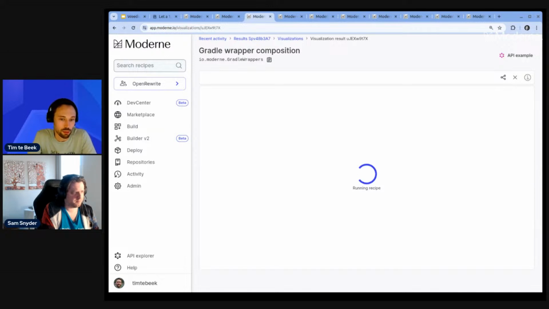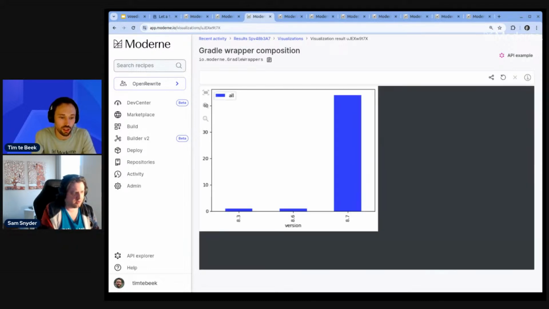And typically, that's something that we often see when customers use our tooling for the first time. They do this visualization of what versions are out there, and then they see a wild spread, which is something that you ideally want to move away from, because you get a lot quicker builds when you use the latest versions. Yeah, and it can be a real maintenance headache to have multiple versions of your tools kicking around